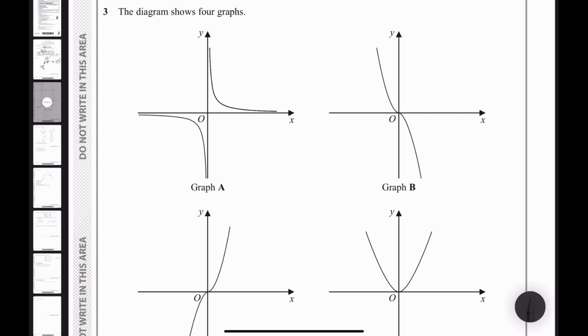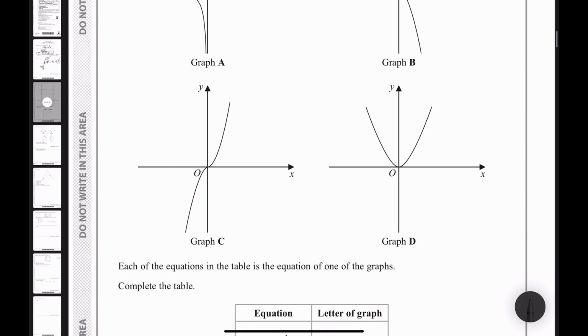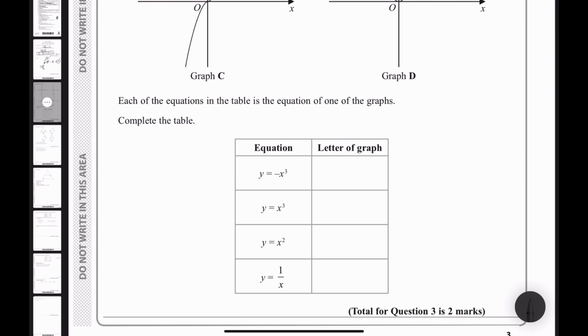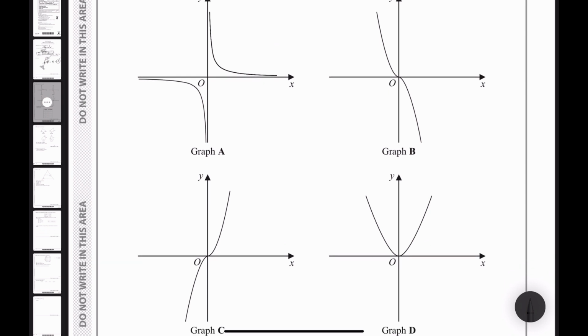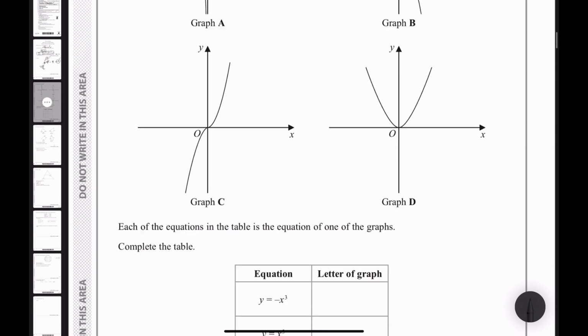Now number 3. It says the diagram shows 4 graphs. Graph A, B, C, and D. Each of the equations in the table is the equation of one of the graphs. Complete the table. So these are the sketches of some of the graphs. I'll explain it to you. So the first one is the sketch of